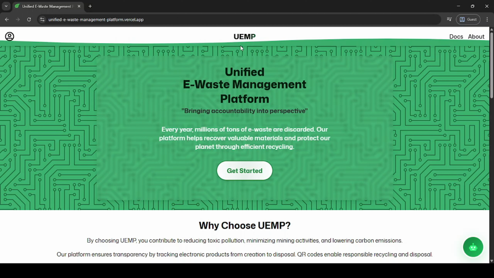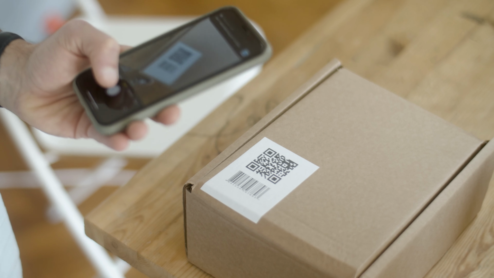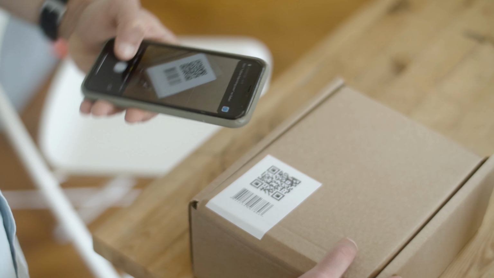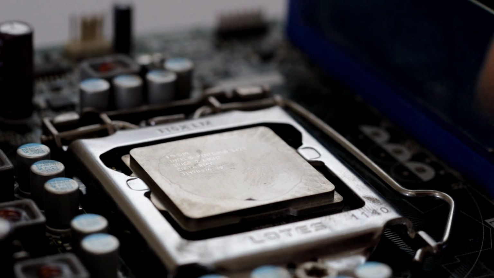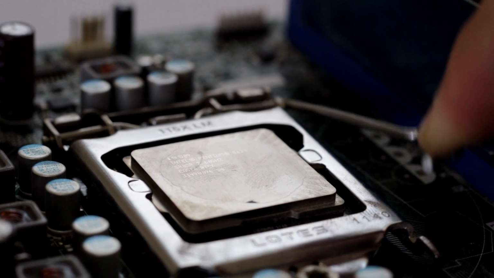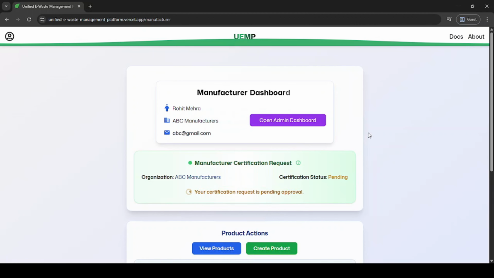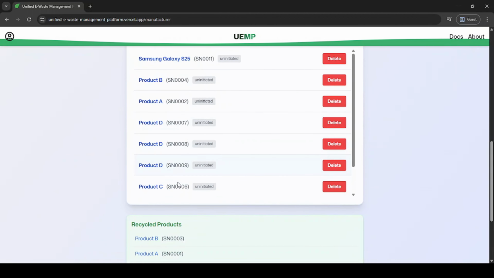So here is how it works. The manufacturers can register their product and get a unique QR code which the customer can scan and check for the recycling request, which the recycler can further accept and process, while the government onboard monitors and certifies the manufacturers. So let's dive into the manufacturer's dashboard, where we can see the products which the manufacturer has created